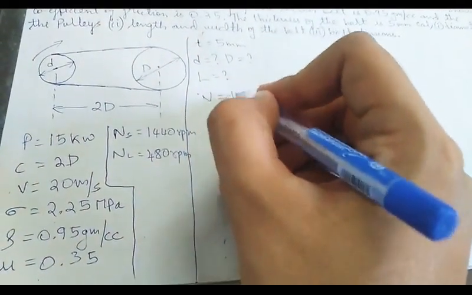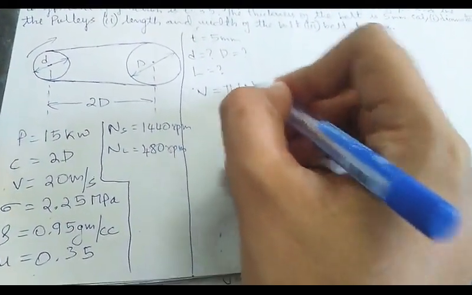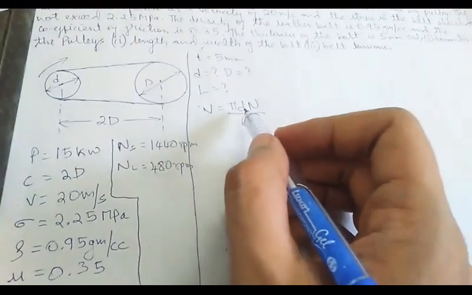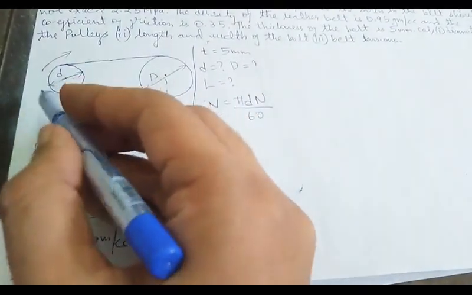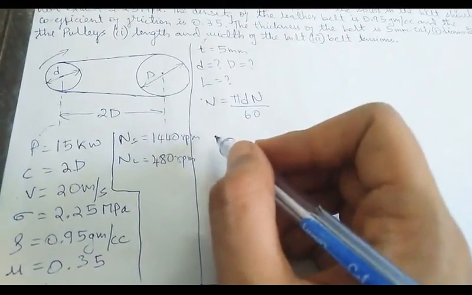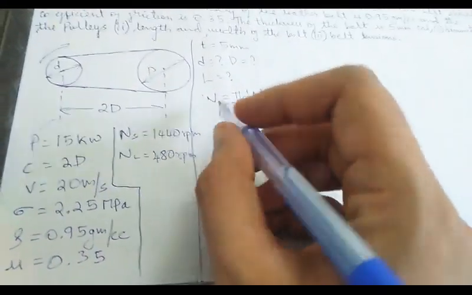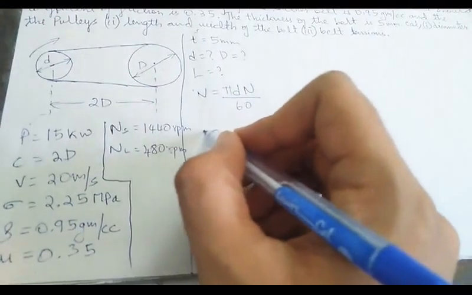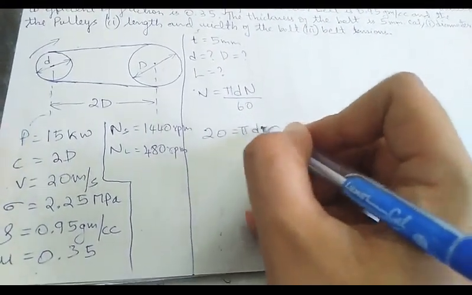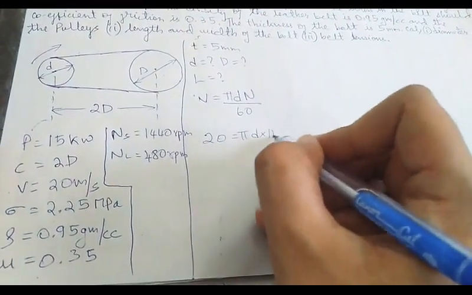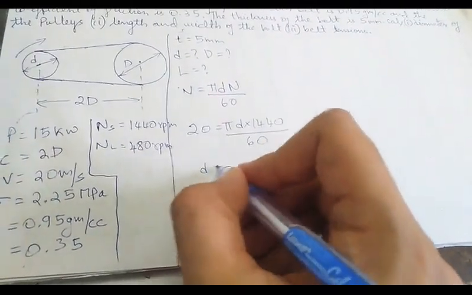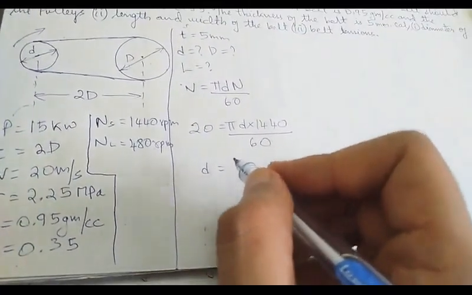So we shall take V is equal to pi d N by 60. So d we have taken smaller pulley. Usually the smaller pulley will be the driver in maximum cases. So if they are not given, we shall take smaller pulley as driver. So V is 20 meter per second, pi d N, N is smaller, 1440 by 60. So d we will get from this